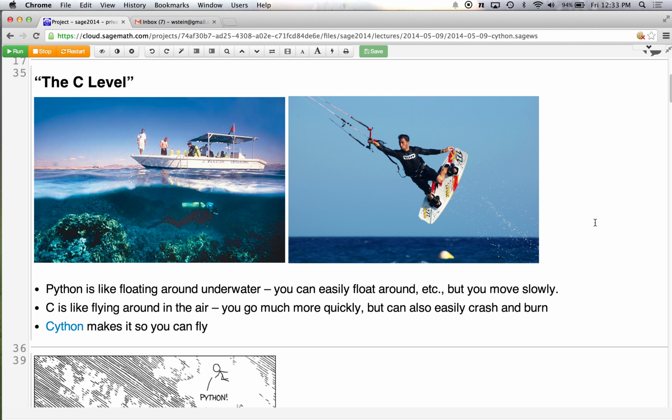I've never scuba dived and I've never kite surfed, unfortunately, and I'd probably like both of them. But I'm pretty sure that on the first day of scuba diving, you could do that, but on the first day of kite surfing, probably not. It's similar with Python. On the first day, you can already write a maybe useful program without causing anything to completely crash and the whole program to die. Although I guess with a few characters in Python, you can delete all the files on your hard drive. But as you learn, with greater skill, you can do things that are a lot faster.